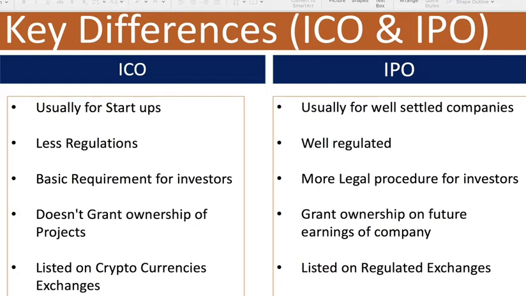An IPO is usually undertaken by a far more mature, profitable company. ICOs are usually early stage startup companies and involve far more risk. IPOs have far more regulatory requirements, mostly to protect potential investors. Companies wanting to do an IPO, for example, have to issue a legal prospectus, which includes key information about the company that is required to make an informed investment decision.